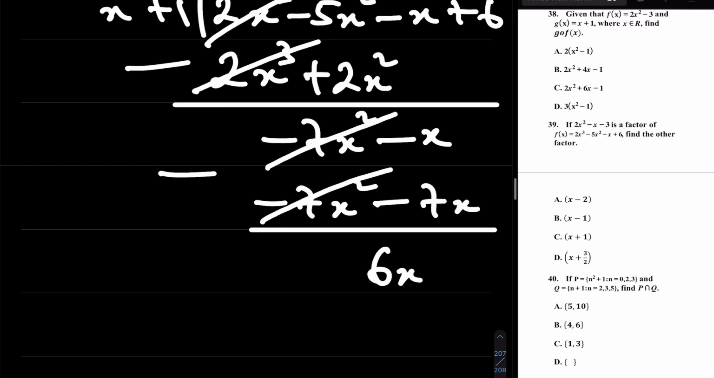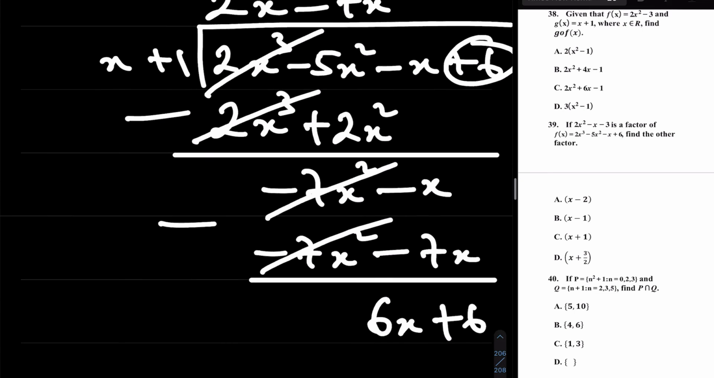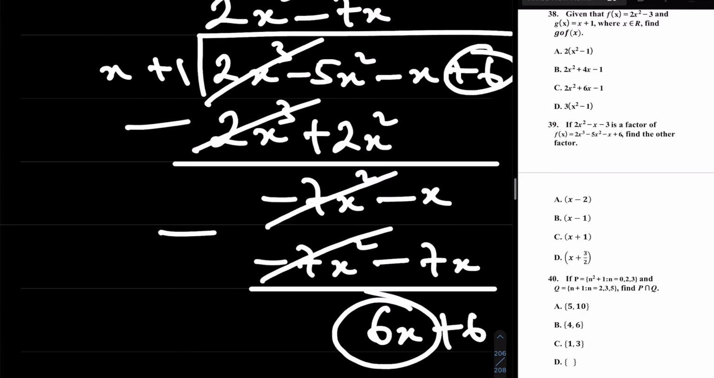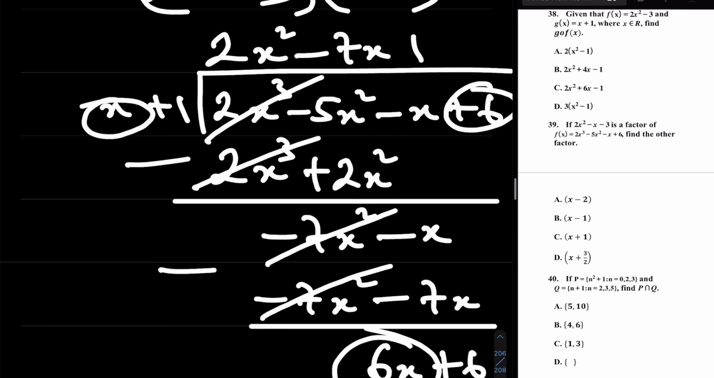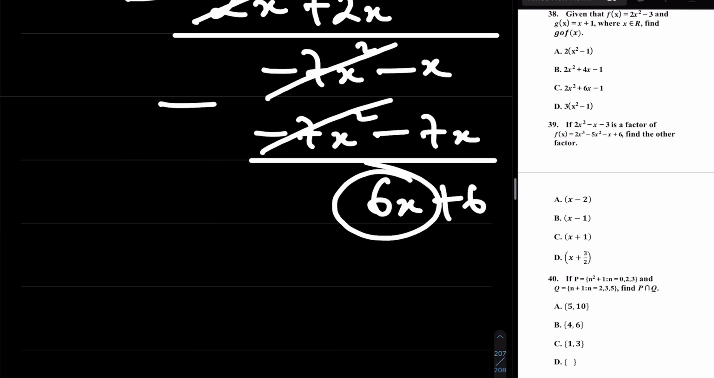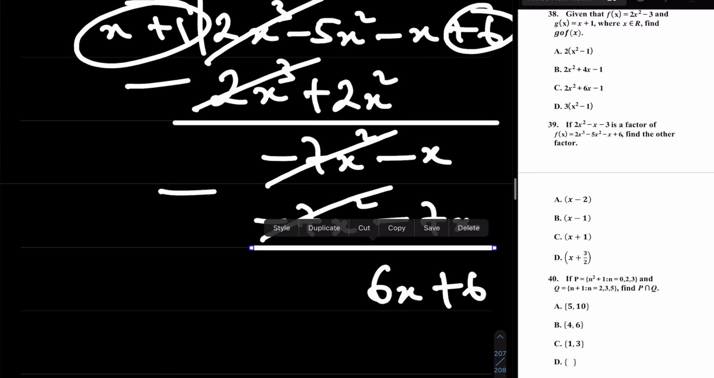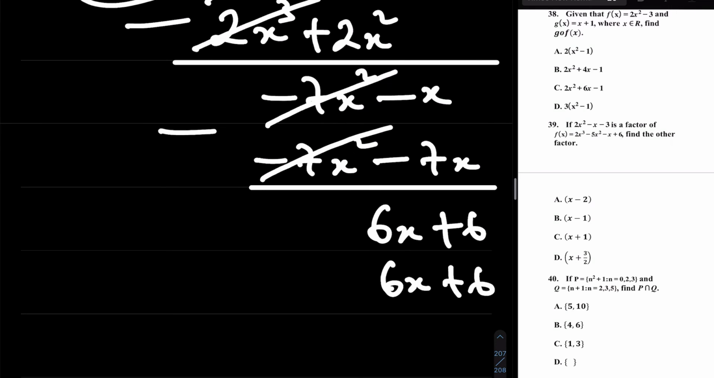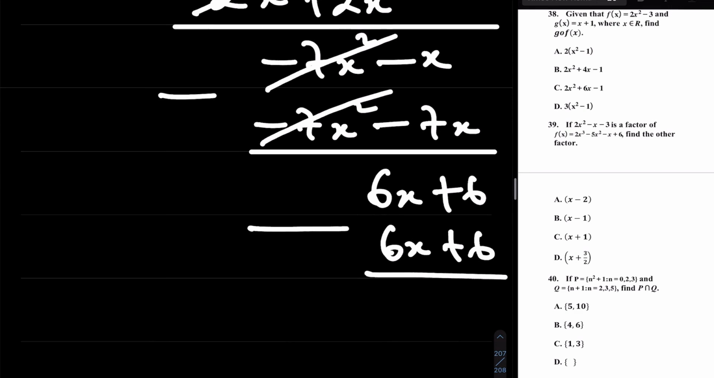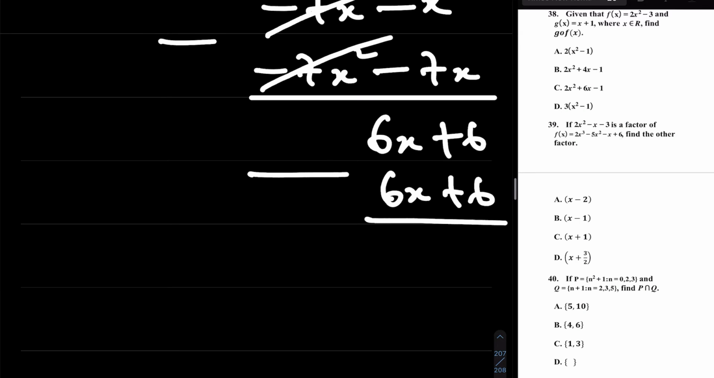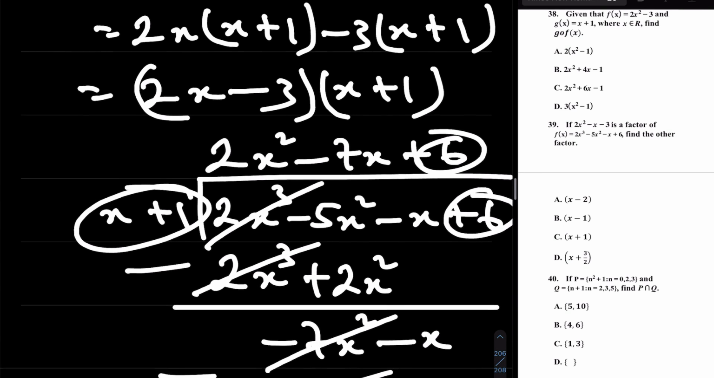And the next thing is to bring down the next term, which is plus 6. So we have 6x plus 6. Now we divide 6x by x. 6x divided by x is 6. And we then multiply the whole of this by 6. X times 6 is 6x. And 1 times 6 is 6. Now we subtract. 6x minus 6x is 0. 6 minus 6 is 0. In fact, 6x plus 6 minus 6x plus 6 is 0. Therefore, the other factor,